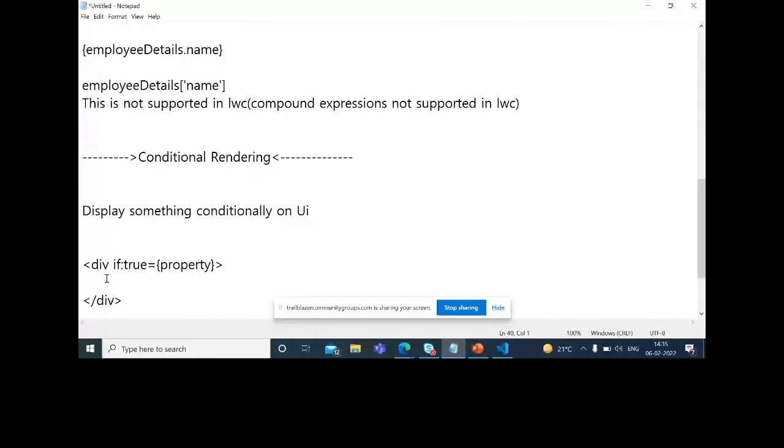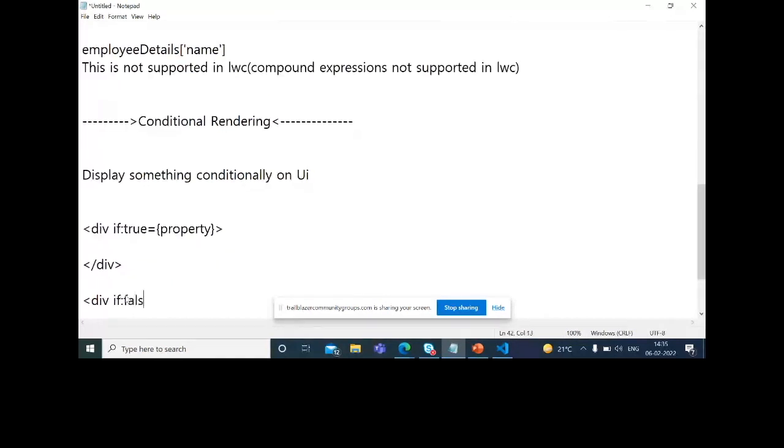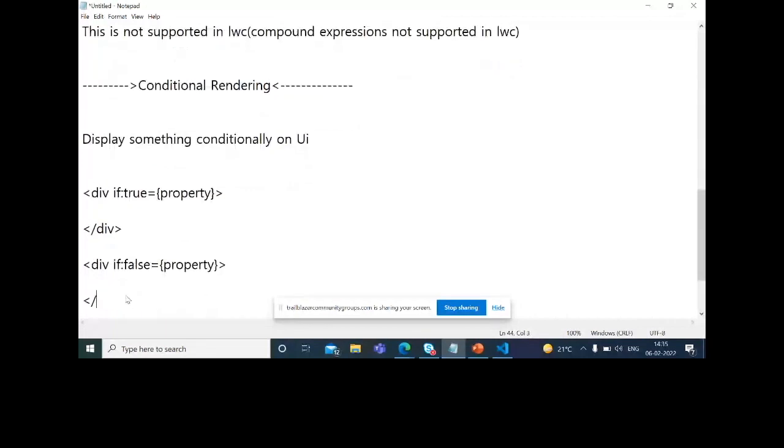And one more is there, if:false. This div will only execute when the property you are binding renders a false value.